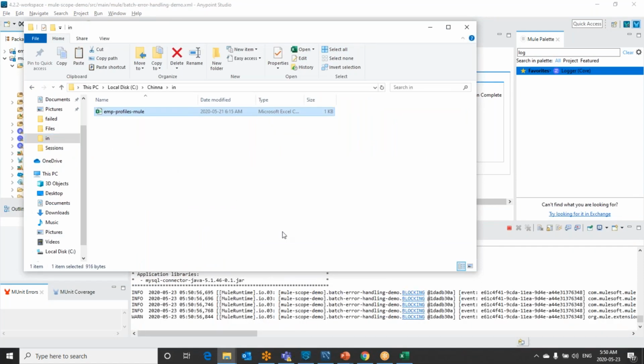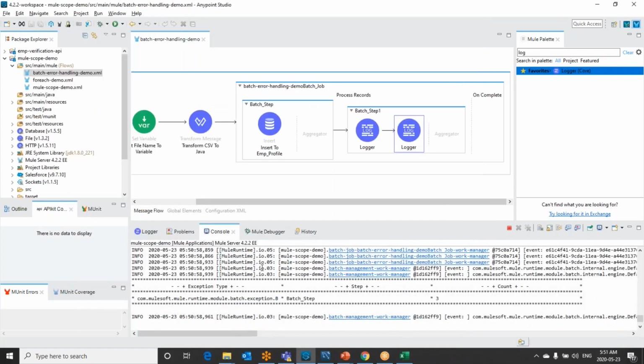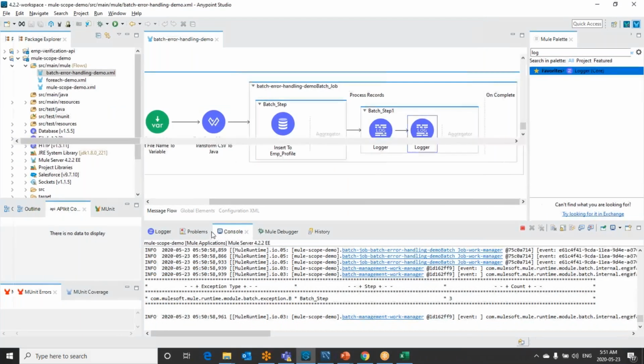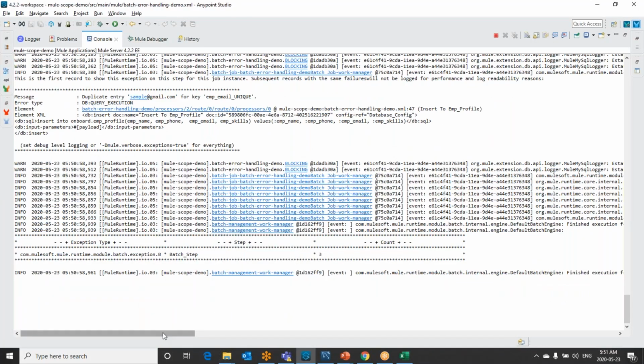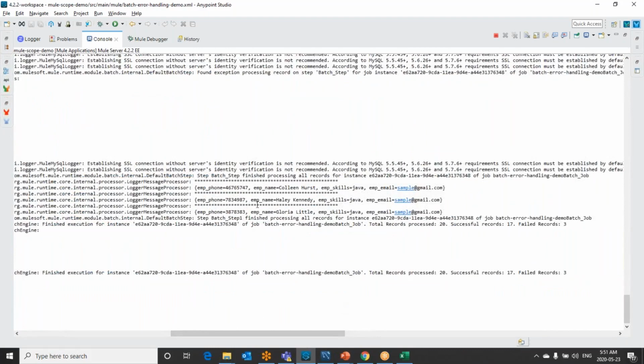It will be read by the Mule application, and now we can see which are the failure records among the 20 records. The failed records are the employee phone and employee name. So these are the three records that failed.